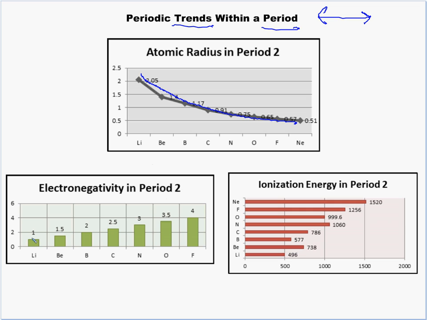Electronegativity in period 2. So now electronegativity is going up as I go. So they're getting smaller, electronegativity is going up. I know electronegativity is how well an atom attracts electrons. Like if electrons were girls and if I were an atom, I would have a high electronegativity because I